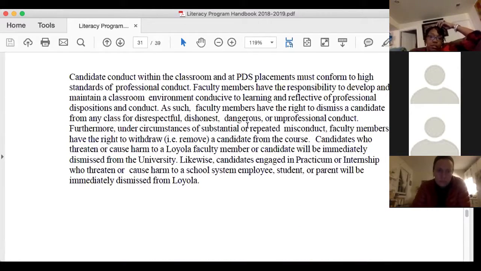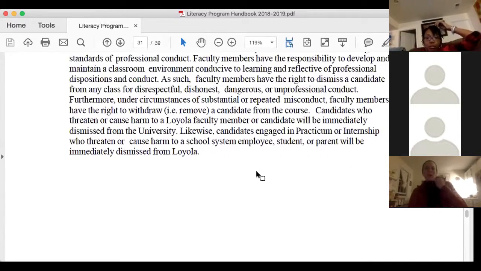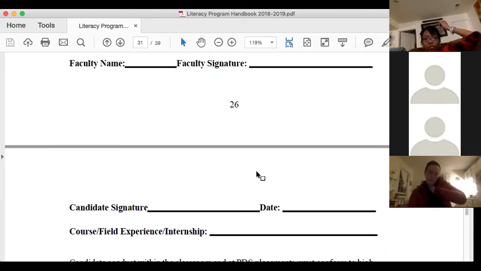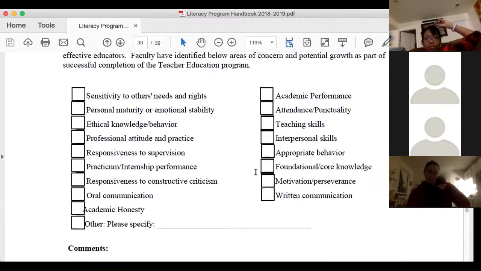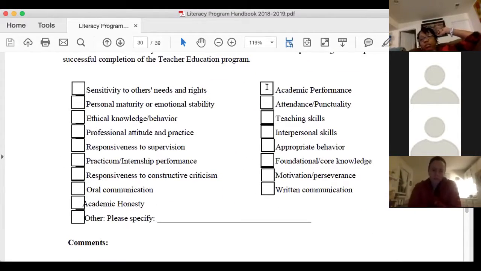Okay? And then it goes from there to the chair, and the chair has a meeting with the student. And sometimes the student has to be removed from the program. Those couple of really bizarre cases that I was describing, we did have to remove people from the program. But in most cases, it may be something where you have some concern about their academic performance, their written communication,